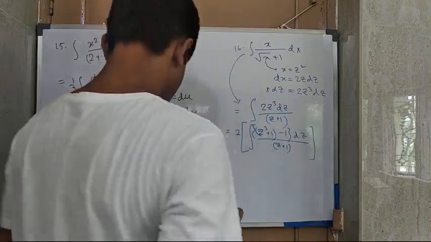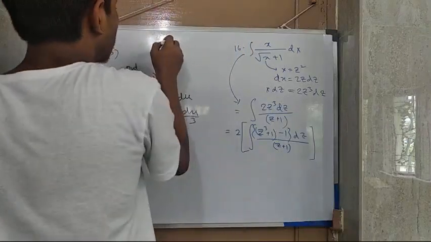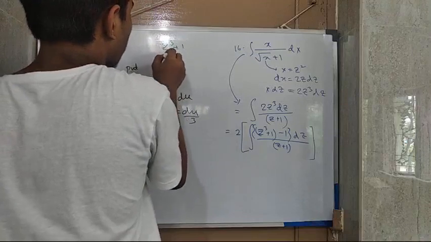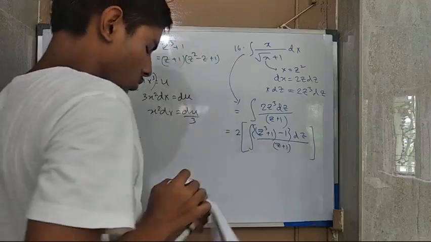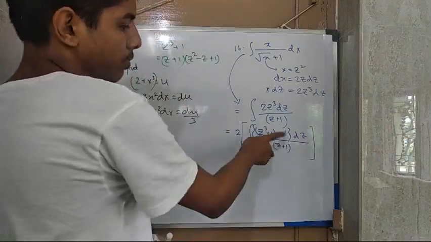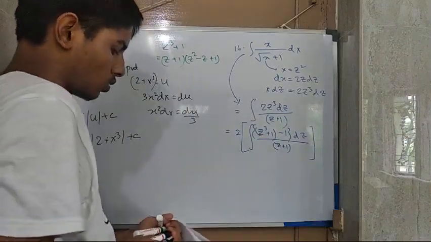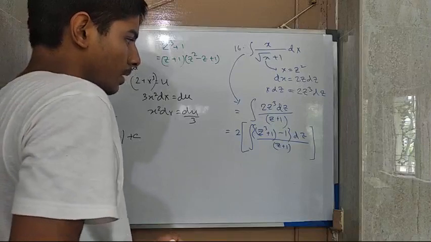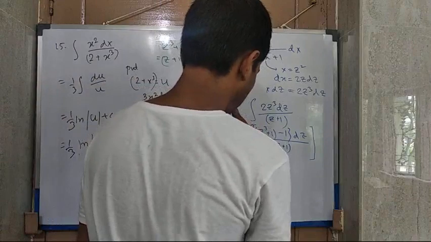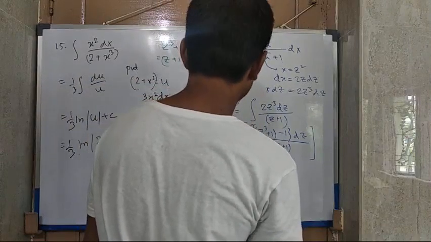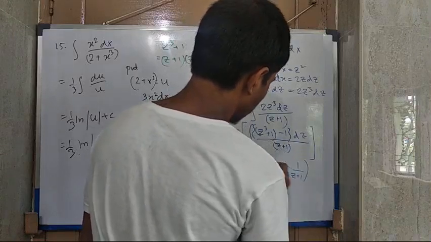Because there is a note: z cube plus 1 can be written as z plus 1 times z squared minus z plus 1. So if we split this up, this will become only this portion. So I have the answer, which is 2 integral z squared minus z plus 1 minus 1 by z plus 1 dz,